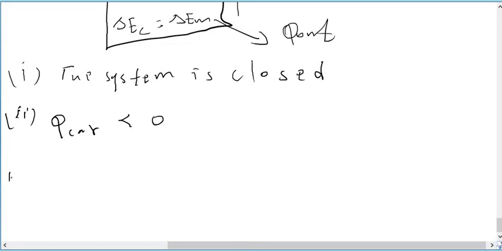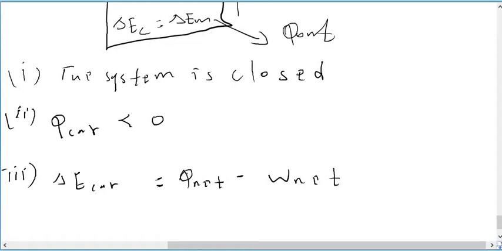Then Roman 3, by applying the first law, dE of the car is equal to the heat net by the car minus the work net by the car. This is